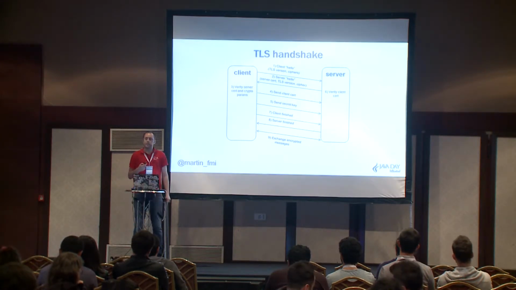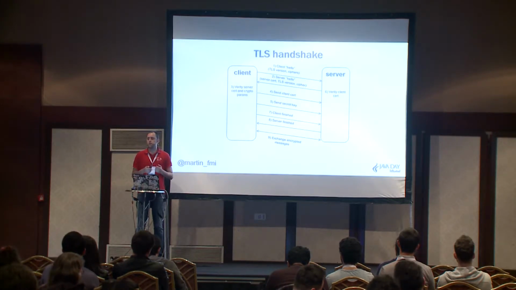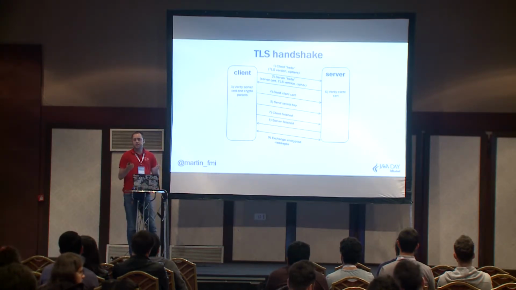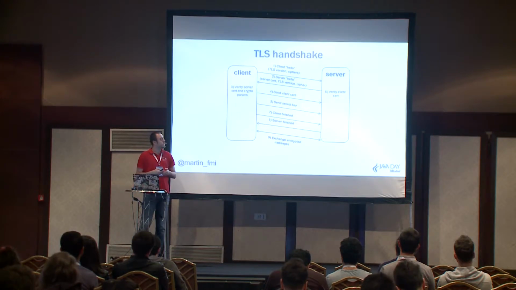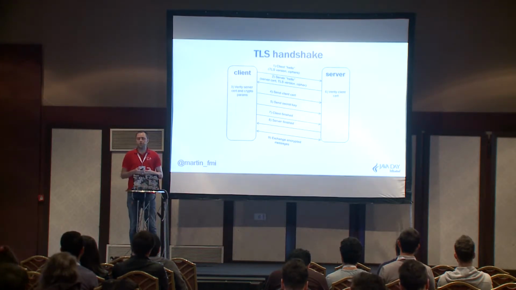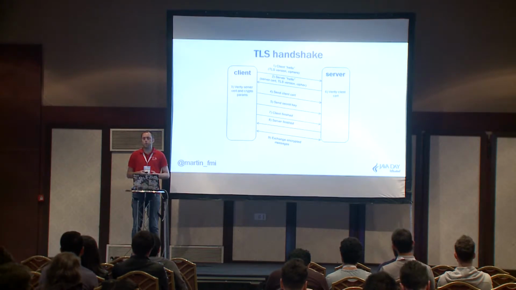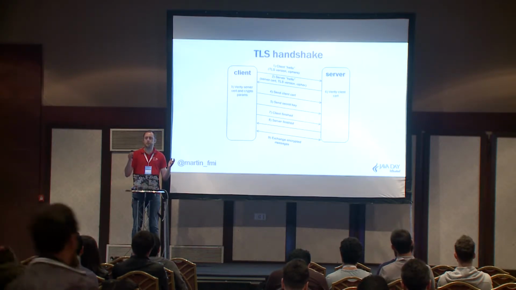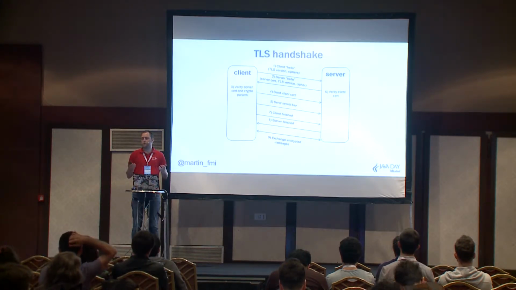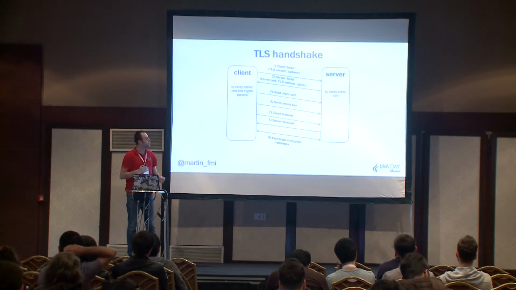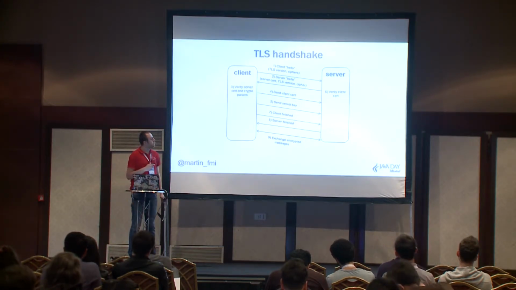At step 3, when the client gets the public certificate and the negotiated information from the TLS server, it gets the information from the public certificate and optionally verifies that information against a list of known certificate authorities. This process is called certificate revocation checking, and it can be done in several ways. One way is that the certificate authority publishes a list of certificates that are revoked. Another way is that the certificate authority provides an implementation of the OCSP protocol that is used to validate the certificate from the client. So when the client validates the server certificate, at step 4,